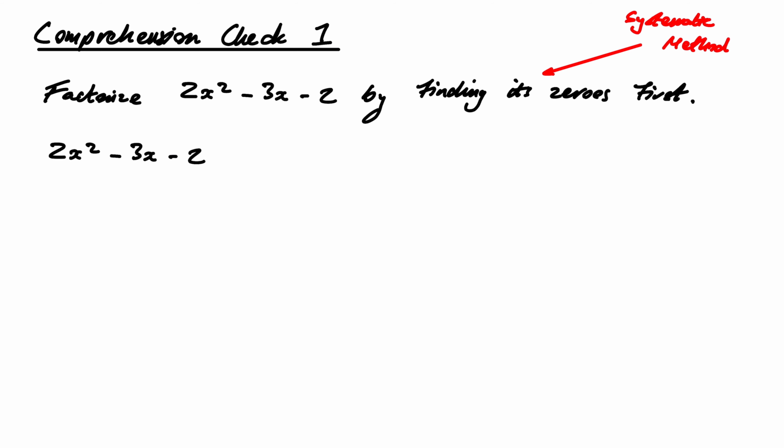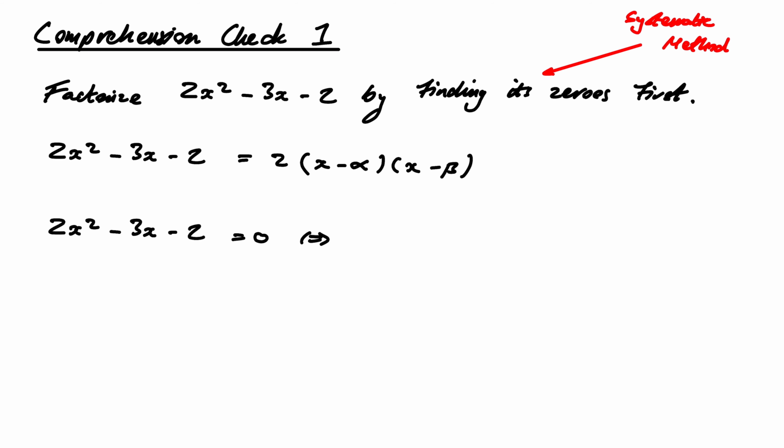and if it is possible to factor it, you'll be able to take a 2 out the front and you'll be left with x minus alpha, x minus beta, and alpha and beta are your two roots. So we need to find alpha and beta, so two zeros of this function. So remember, the quadratic formula tells you the following. This thing is equal to 0